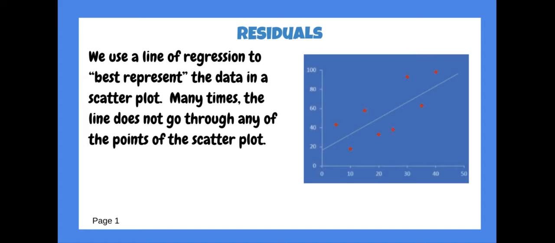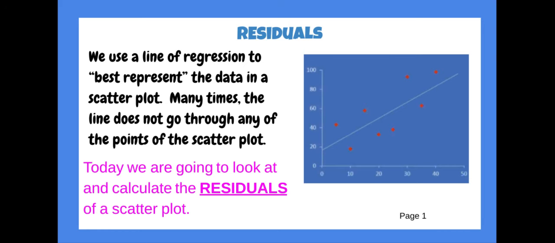Sometimes it's a line, sometimes it would be exponential, but today we're going to really focus on just a line of best fit or a trend line. It's a line as it goes through the data. Many times the line does not go through any of the points of the scatter plot. That's just a note. So today we're going to look at and calculate residuals,